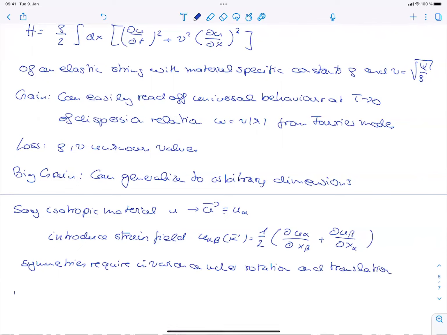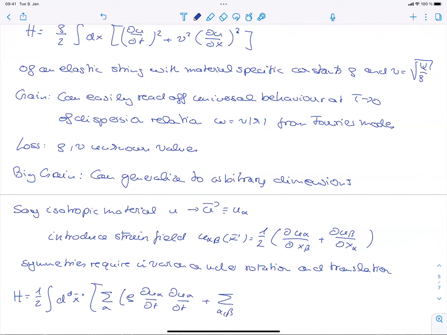And so taking this, I can write down the Hamiltonian of the system as, and here I'm using Einstein notation again, this being the sum over all 3 space dimensions, rho du alpha dt du alpha dt plus,